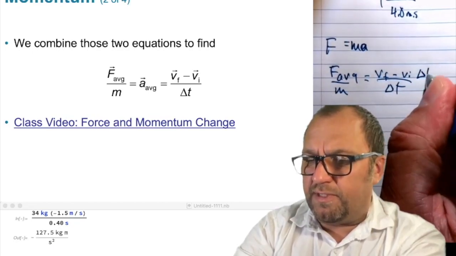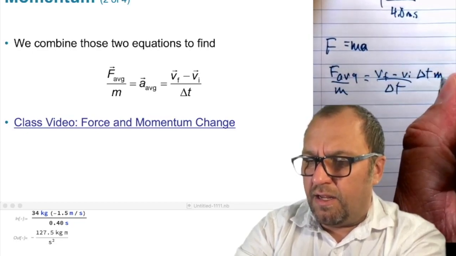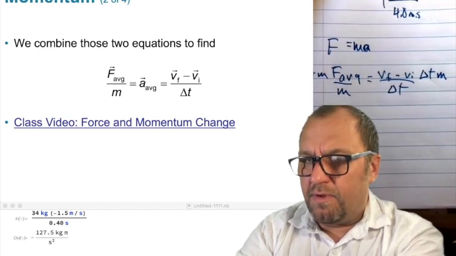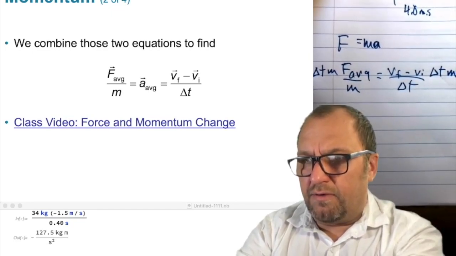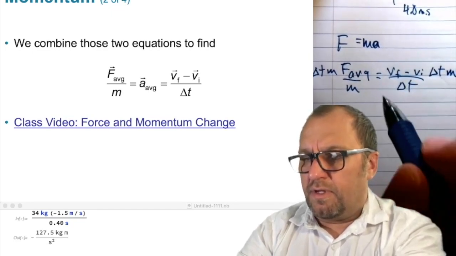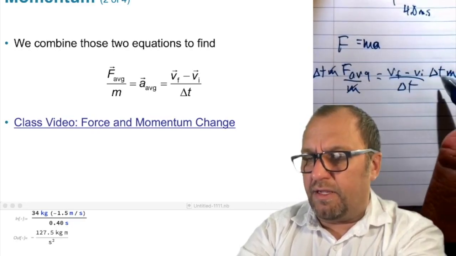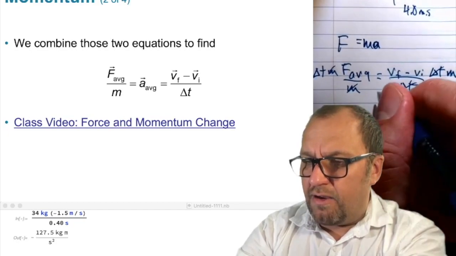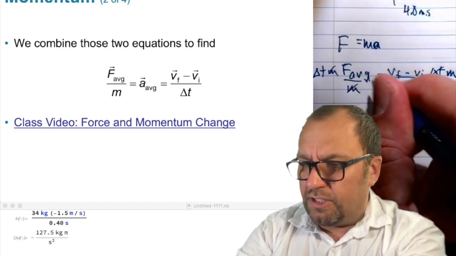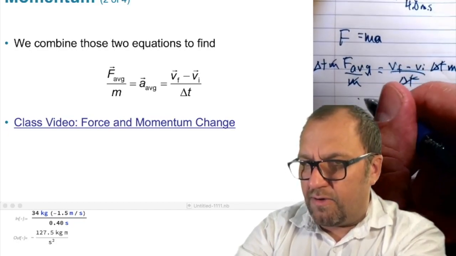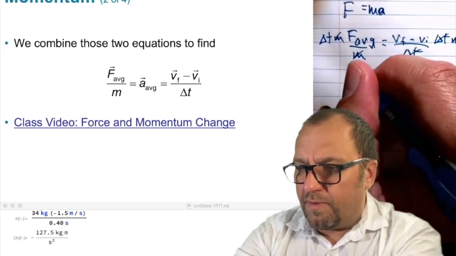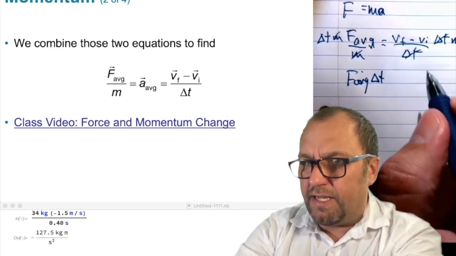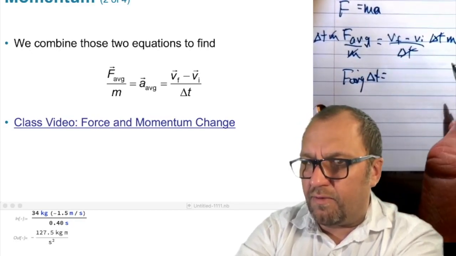So I can multiply both sides by delta T and M. Okay, so there we go. Got our equation now. So my M's cancel here, my delta T's cancel here. Now going up here, F average times delta T is going to equal